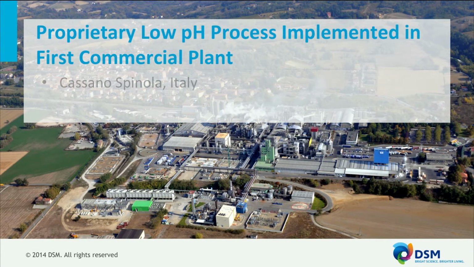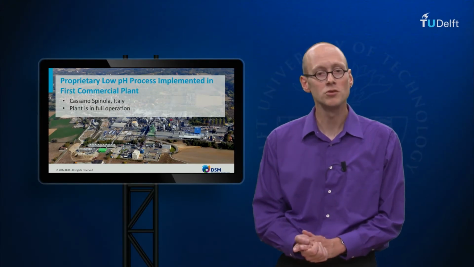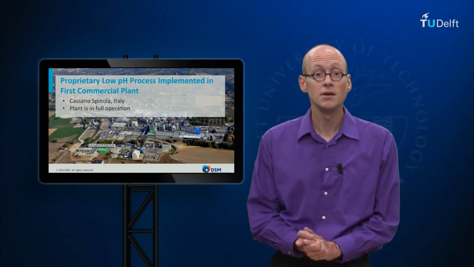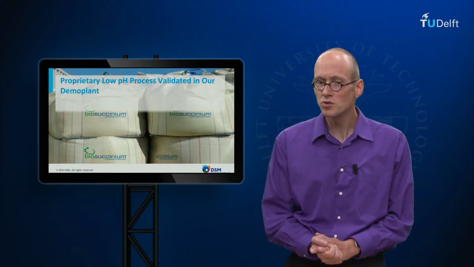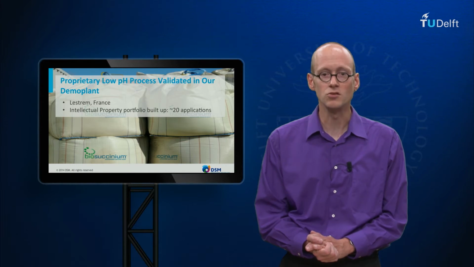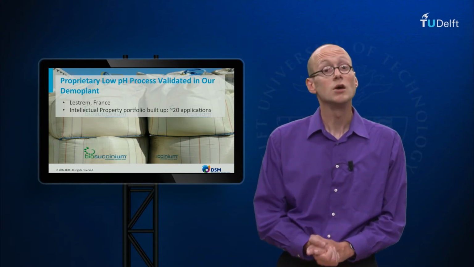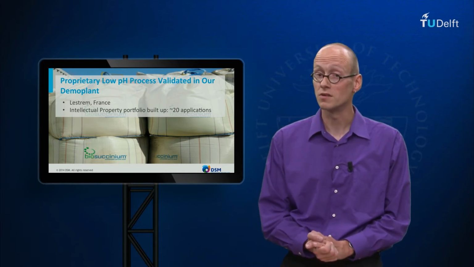As feedstock, we are using starch hydrolysis, and we fully integrate here with the existing starch hydrolysis production process of Roquette on the same site. And by doing that, we reduce the costs and improve sustainability. As we developed this process ourselves from scratch, we also filed quite some patents to protect our technology position, most of them related to the strain and the process.